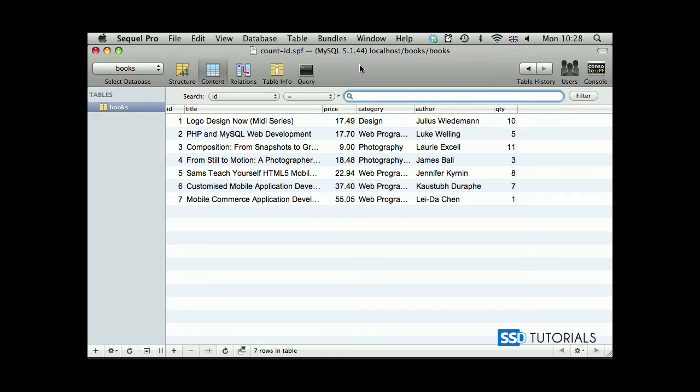Hi, today we're going to have a look at several different MySQL functions. One of them will be count, in order to allow us to count the number of records within the table. Second one will be sum, which will allow us to get the total of the column values. Then we're going to have a look at the average, which will give us the average of the values from